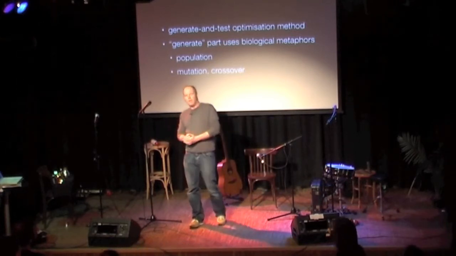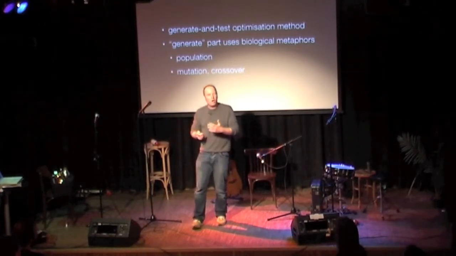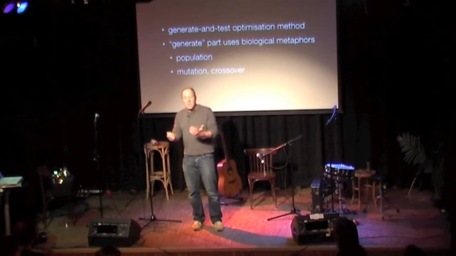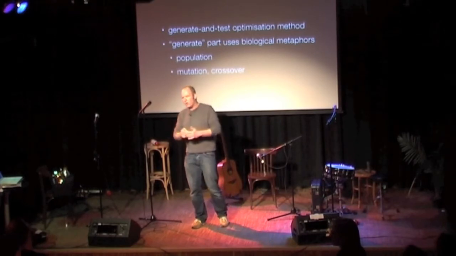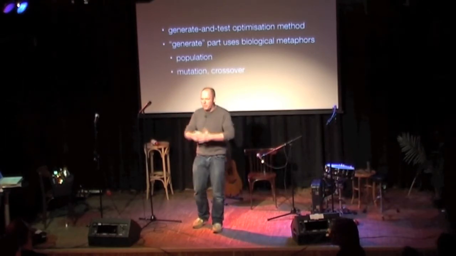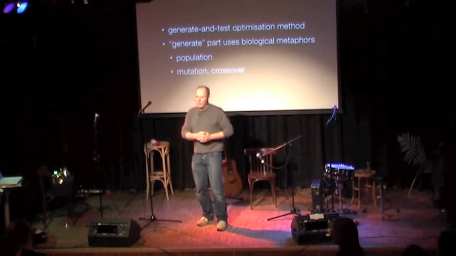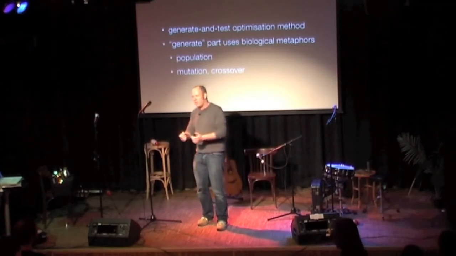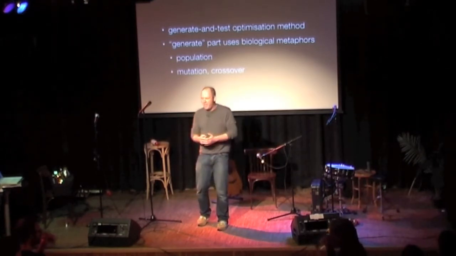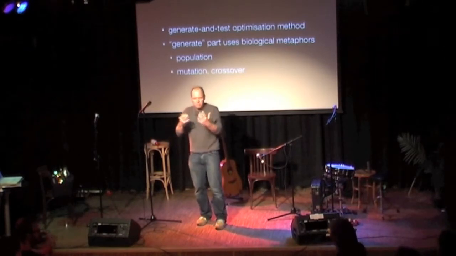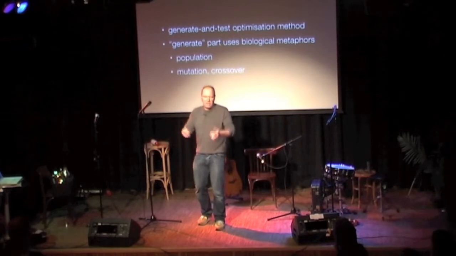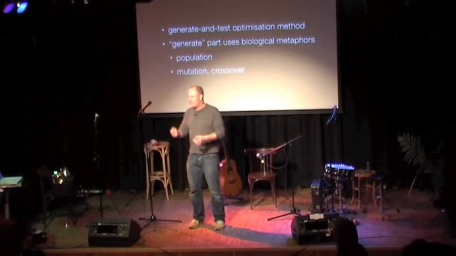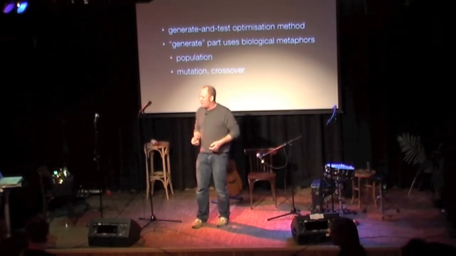The reason that we call it evolutionary algorithm is because we borrow our ideas from biology, from evolution. So we don't talk about a set of solutions or candidate solutions. We talk about a population of individuals, and individuals mate, and there is crossover, exchanging genes, and genes mutate. In the end, they're just numbers that change, and then we try how well the numbers work.